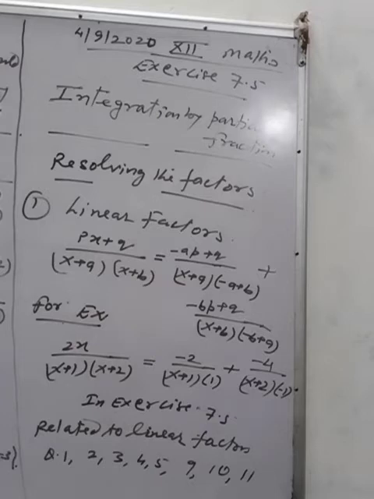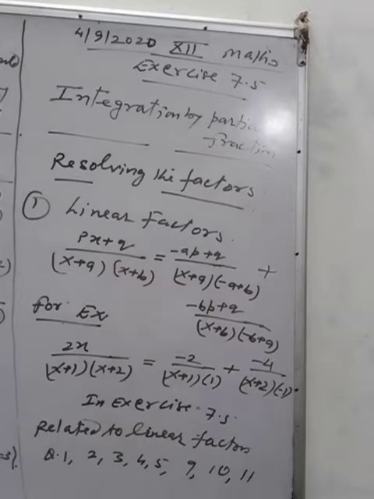First you will write the first factor of the denominator, x plus 1, from this determine the value of x by putting 0, means x plus 1 is 0, so x is equal to minus 1, and this value minus 1 is put in the numerator and the remaining factor of the denominator. So in the numerator, when you put x is equal to minus 1, then 2 into minus 1, that is minus 2, and in the second factor, x plus 2, you will get minus 1 plus 2, that is 1, plus